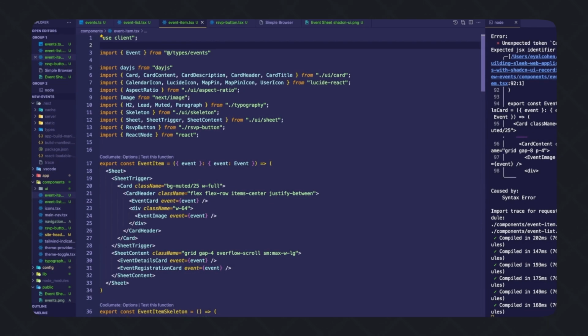The variant will make the card have a BG muted /25, which is 25% opacity, background. The first step in creating a variant is figuring out the baseline, the common part of all the multiple different variants. So let's go to the card component